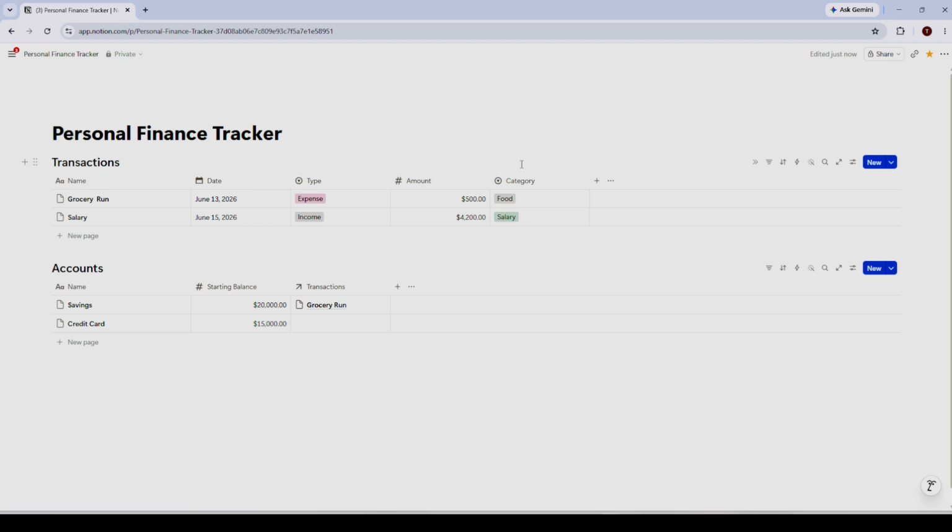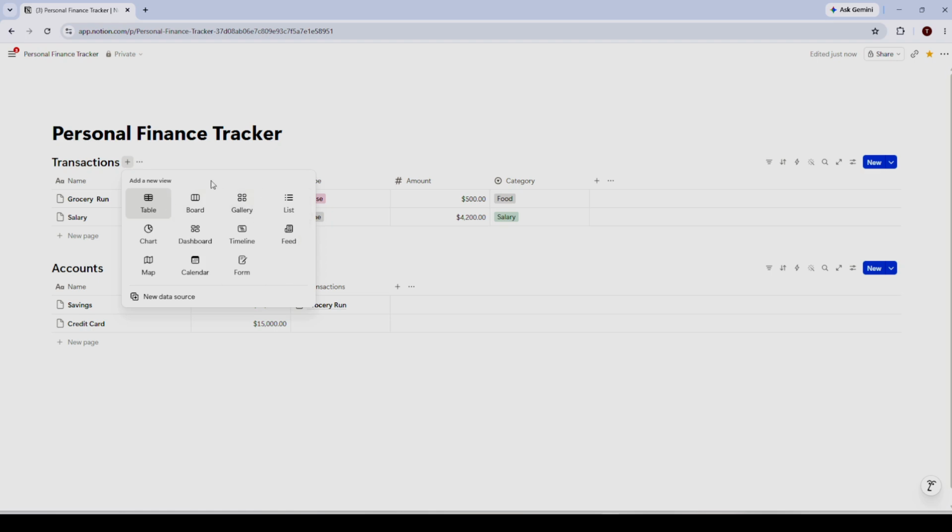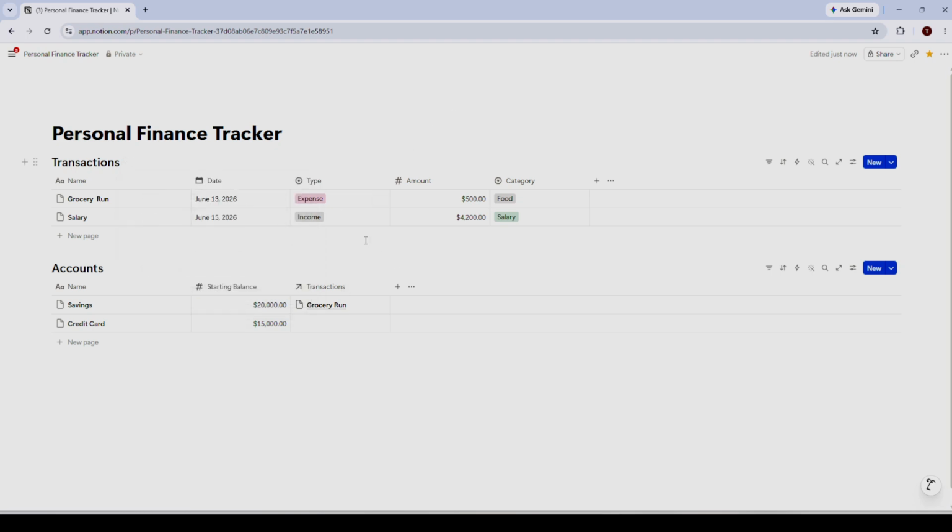Here's a best practice tip. Instead of cluttering your main view with every single transaction you've ever made, create a filtered view that only shows the last 10 entries. Click the Add a View button next to the database name, name it Recent Transactions, and set a filter so it only shows entries where the date is within the last week or the last 10 items. This keeps your dashboard clean and scannable, while you can always go back to the full All Transactions view to